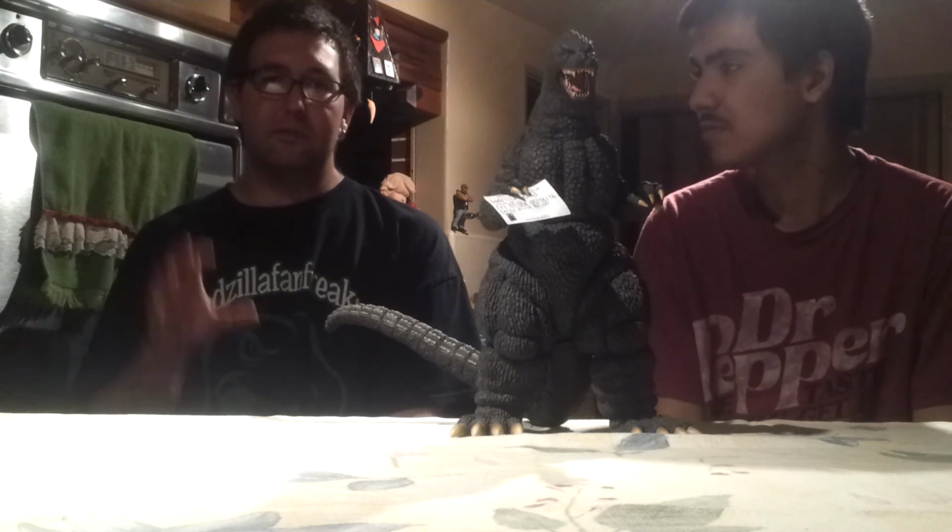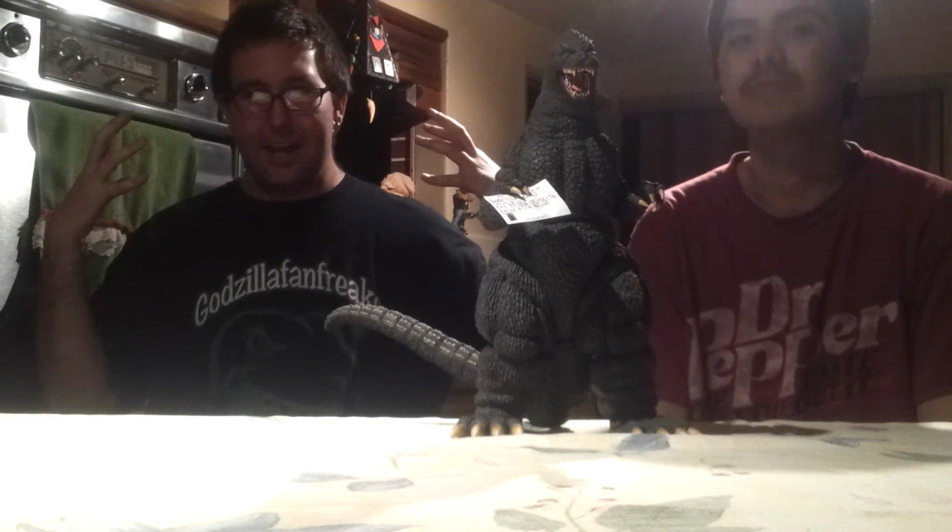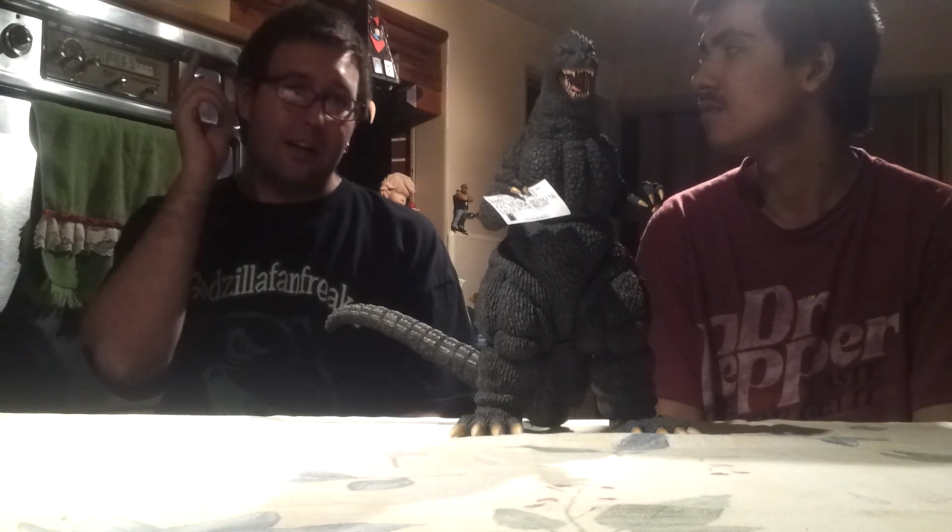Godzilla looked good from every angle, but when they took him on from a very front view, shoulders up and stuff like that, it looked weird. It didn't look right. It looked a little strange, but there weren't too many points where the camera was at that angle. Another thing that I will say,